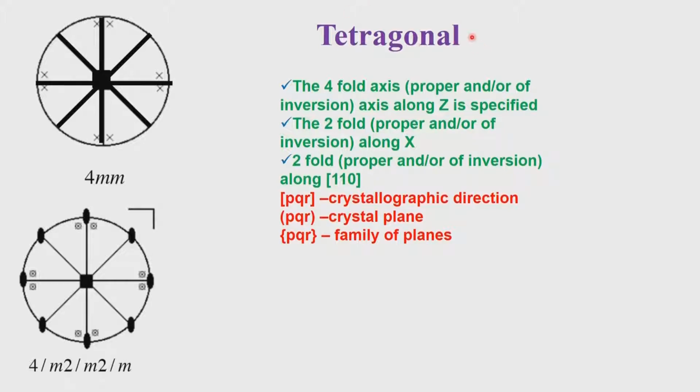When we come to the tetragonal system, the order changes, and this is something which is not mentioned in any textbook, and people forget about it, or in fact people are ignorant of it. And that is where I thought I should mention that the four-fold axis associated with the tetragonal system always comes in the beginning. So, when you see a point group symmetry starting with a 4, or any of the proper and improper inversion axes associated with the four-fold axis, like 4/m or 4 bar or 4_1, 4_2, 4_3, then it means that we have a tetragonal system.